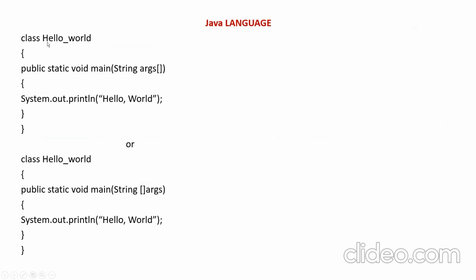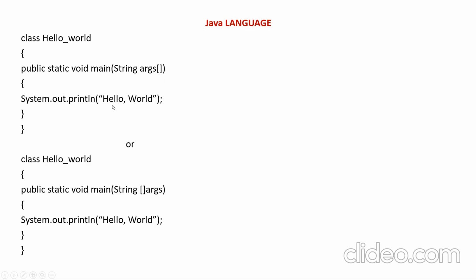Here I am using a class named HelloWorld. Within the class, I am using one main method over here. It has these signatures associated with it: public, static, void, main, String args. This is called your command line arguments over here. System.out.println hello world. In an alternate program, you can shift the square bracket over here. The remaining things you must not touch at all. Just shift the square bracket over here, another variant.